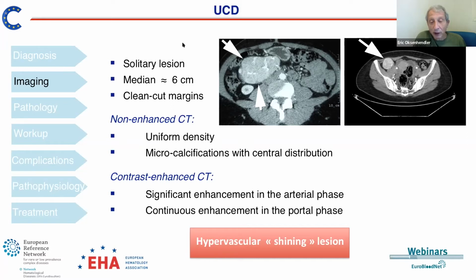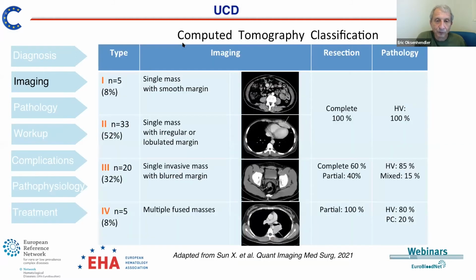And a good radiologist, I must say, could even suggest the diagnosis when he sees such lesions, combining the microcalcification, the clean-cut margins of these big masses, and the shining, hypervascular aspect of the lesions. And that might be important when we discuss which kind of biopsy we should perform in such cases. But still, it's not